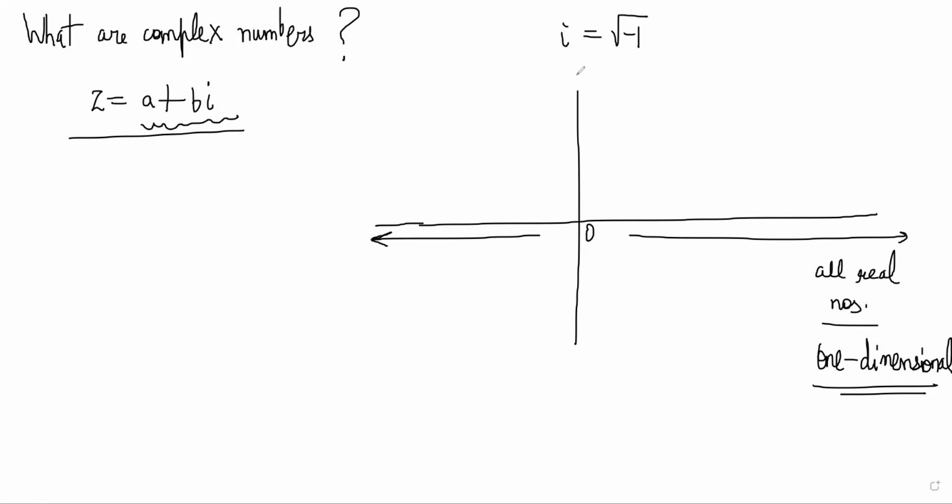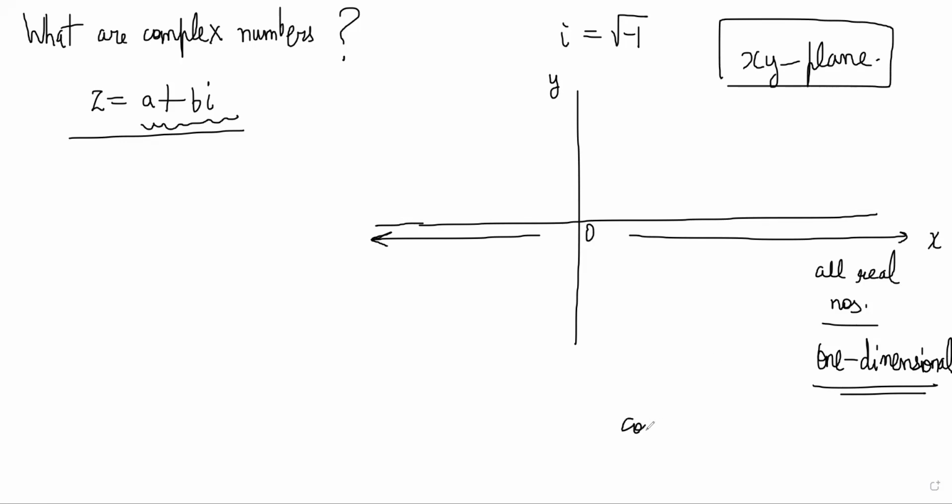However, if you say this is my x and this is my y, there are actually many more places you can be, rather than just on this line. There is a full xy plane available to you, correct? Yes, sir. So complex numbers are numbers which are two-dimensional. Complex numbers are 2D numbers. Two-dimensional means any point in the plane, every point can be written as a complex number, because it takes two real numbers to specify a point on this plane, right?